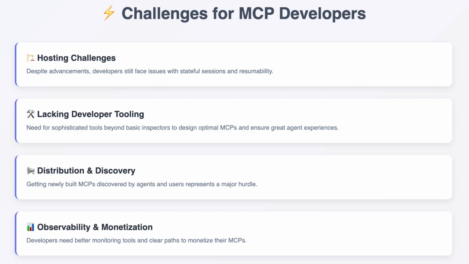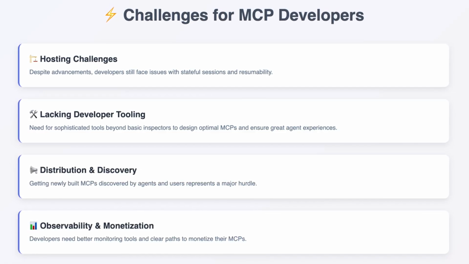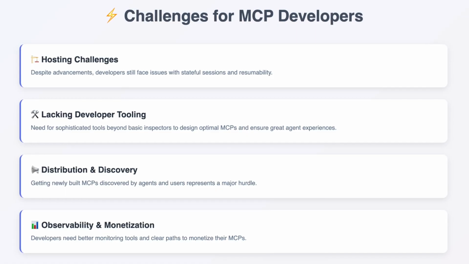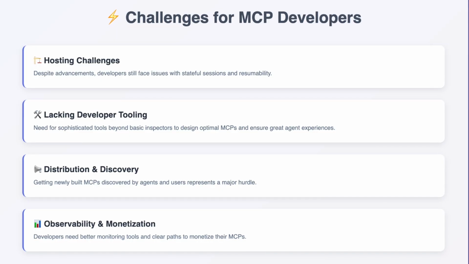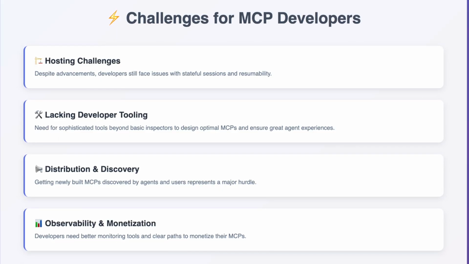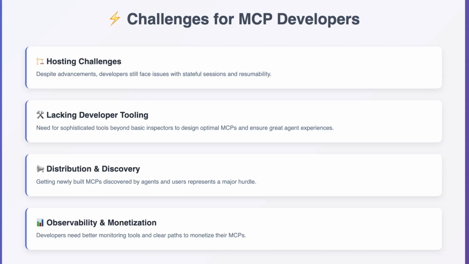Distribution and discovery are major problems, as getting newly built MCPs noticed by agents and users is a significant barrier. Lastly, developers need better observability and monetization paths, including